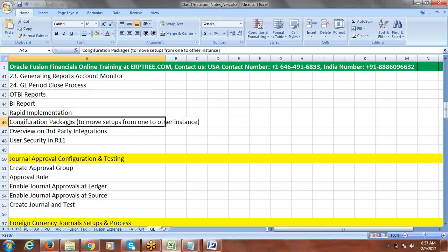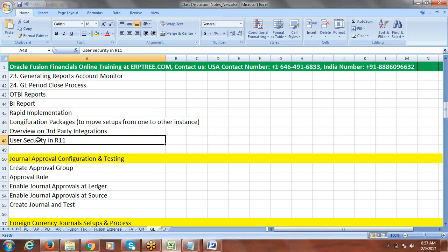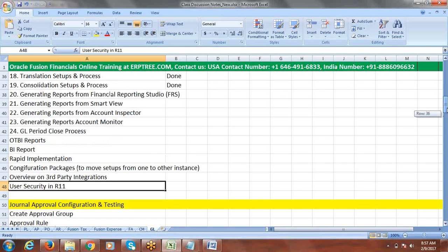The configuration package is also simple. You have to understand how we can move the setups and the process, and I'll take you through the overview. For this, I think I have to make some screenshots to show you how user security works in release 11, because the current version you are using is release 11 but an upgraded version. In the upgraded version, you don't see that function, the way of doing the security. I'll get some screenshots of how it appears in a fresh, non-upgraded release 11 environment. Once we're done with that, we'll go with the reporting part. That's how we can close it.